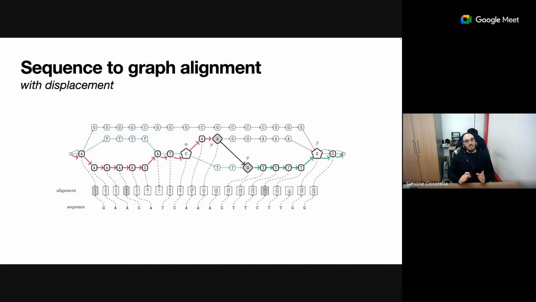Very interesting in this paper, and if my memory serves me correctly, there is no other method that allows this sort of displacement, where we can move from one path to another at any point in the graph. There are methods that allow moving from one path to another, but only in nodes where the two paths collide. But with this method, inside a bubble, for example, we can move from one path to another. Of course, this adds a cost to our sequence, also a cost that we can fine-tune to our applications.